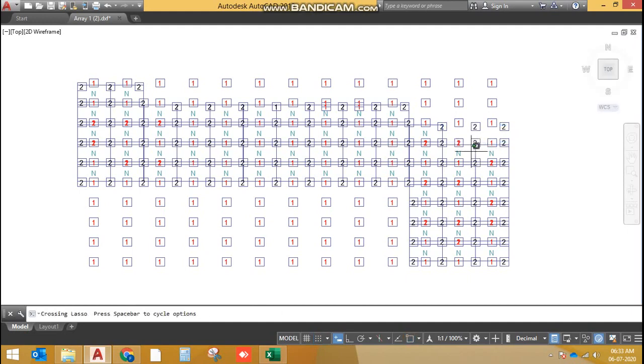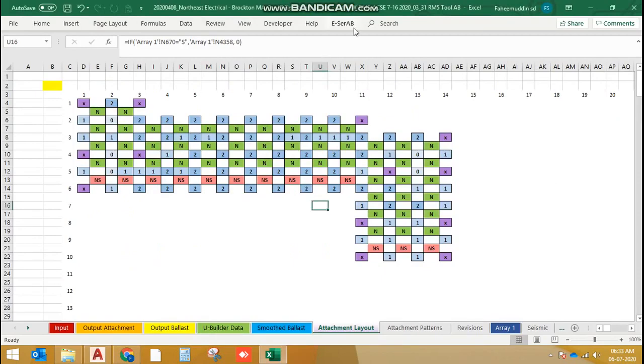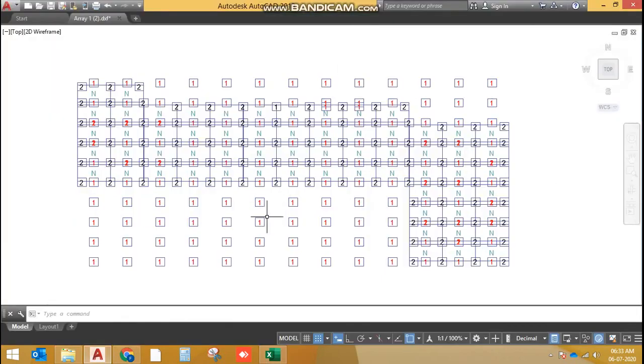copy from down. All the modules should have N in it, just cross verify. Now Excel to CAD, you need to do these two things. One is making array of the supplementary bay. Number two is making sure all modules have N in it. If there are no N in it, just delete those modules and copy from left or right or down.